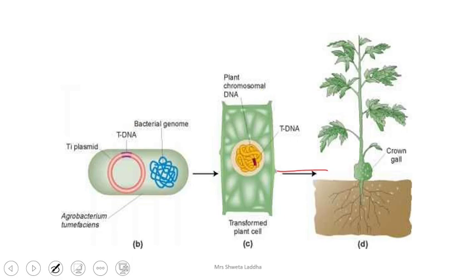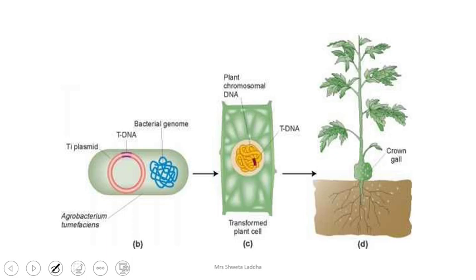And then what is it resulting in? It is resulting in forming crown gall. It is a disease which is formed in plants. So this is the natural type of rDNA, the Agrobacterium tumefaciens tDNA. It leaves the plasmid of the bacteria, enters into the chromosome of the plant cell, and causes the crown gall disease. So this is naturally occurring rDNA, and this property of Agrobacterium tumefaciens can be used for other